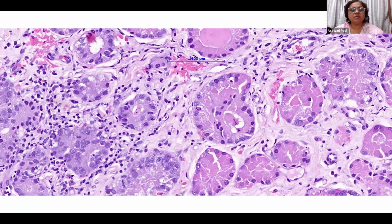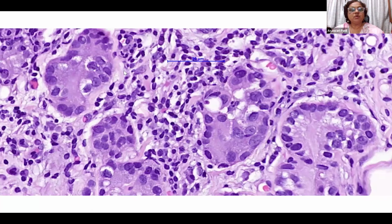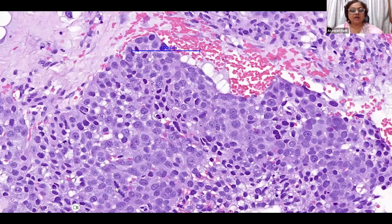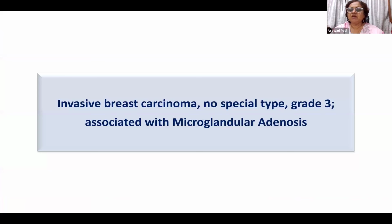Some of you must have probably diagnosed this condition by now, but you can see some of the tubules are showing real nuclear atypia, which is worrisome. It is becoming malignant, or at least atypical. And here we have full-fledged developed DCIS and invasive carcinoma with a lot of mitosis. So basically this is an invasive carcinoma, but what about those tubules? If some of you have diagnosed it correctly, this is invasive breast carcinoma, no special type, grade 3,